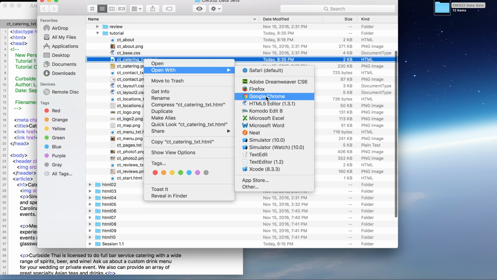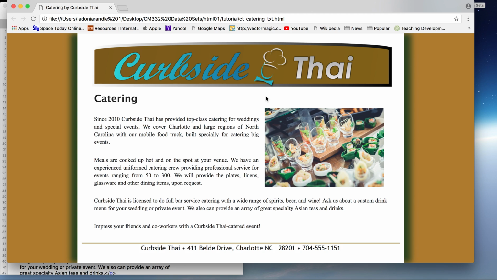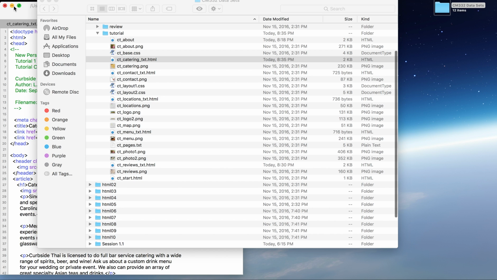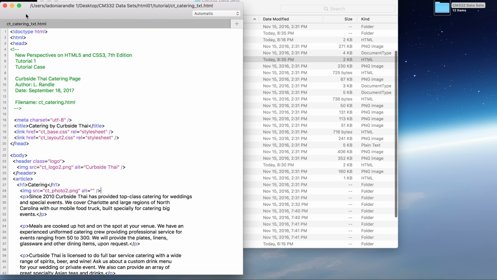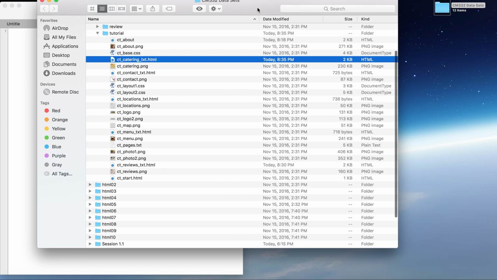And let's see if it looks similar to page 42, figure 1-29. Cross our fingers, click on Chrome. Ta-da! All right, that's beautiful too. Okay. Last part of the tutorial in session 1.2 is to create the Contact Us page. So let me close this catering, and I'm going to open